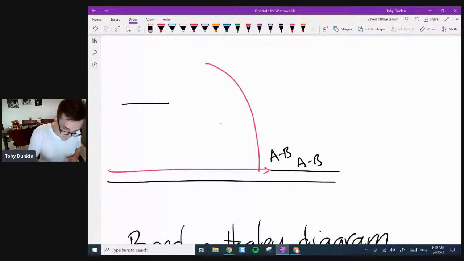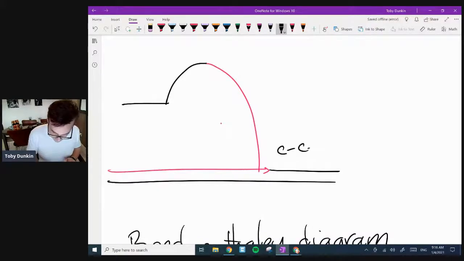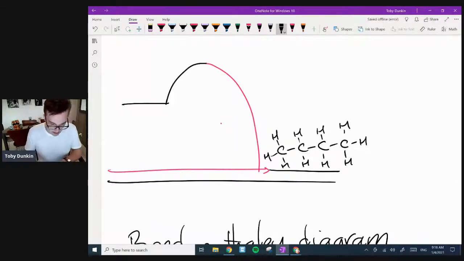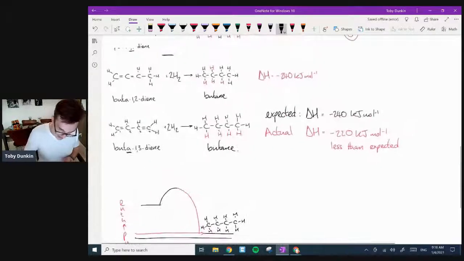So we started off, this is now going to be butane down here. We're making all of these bonds. And that's always the same for the last two reactions because we have the same bonds being formed at the end, so the enthalpy level will be exactly the same. This is the last two reactions that we covered. I'll highlight those again in a second. So this is for these two here.